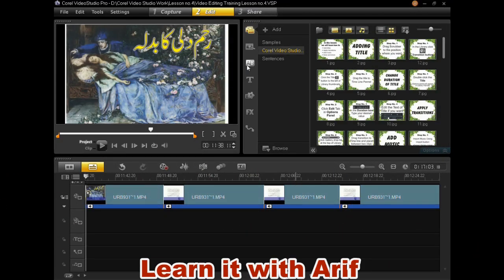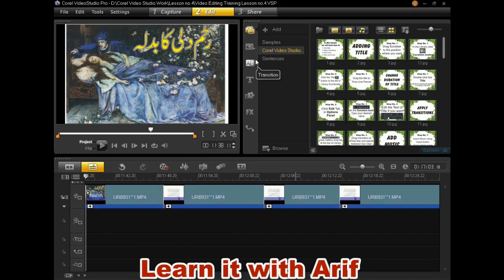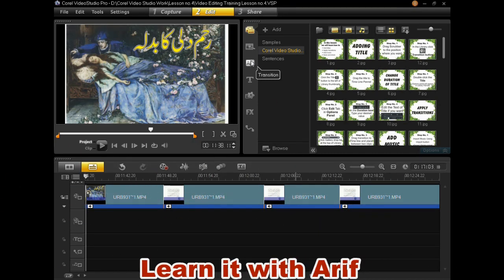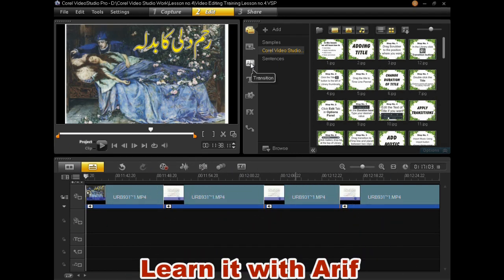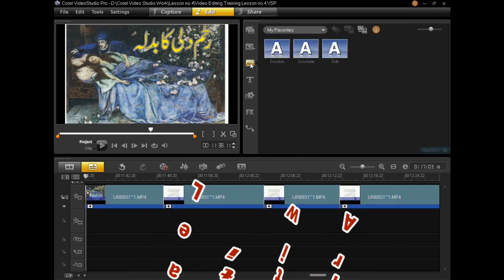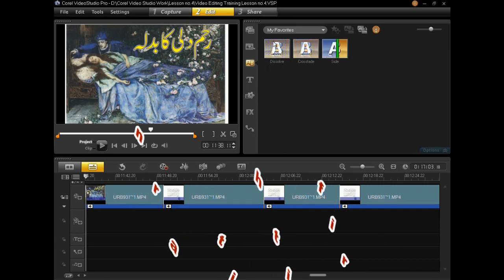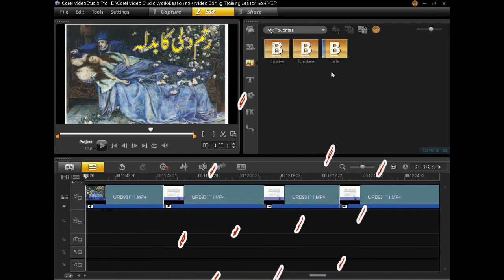This is the transitions button. You can see it in your library panel. Hover your mouse over this button and you will see transition written. Click the transitions button to access transitions. You can see that transitions are open in your library panel.